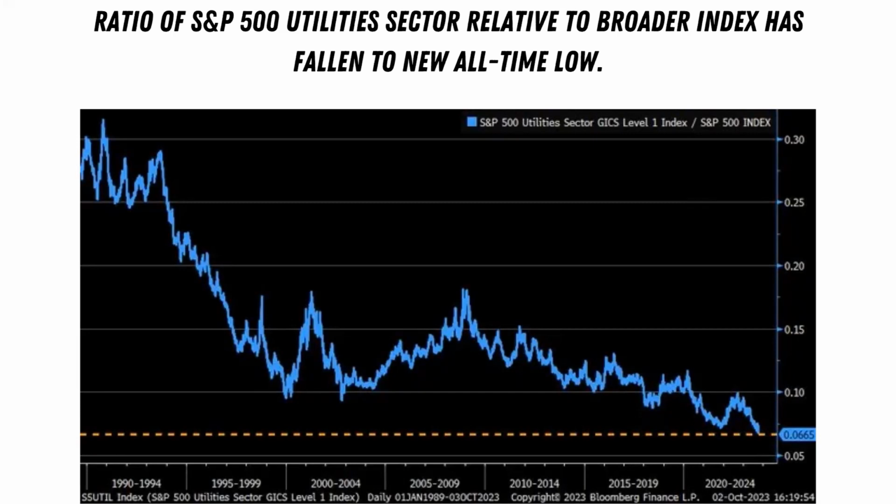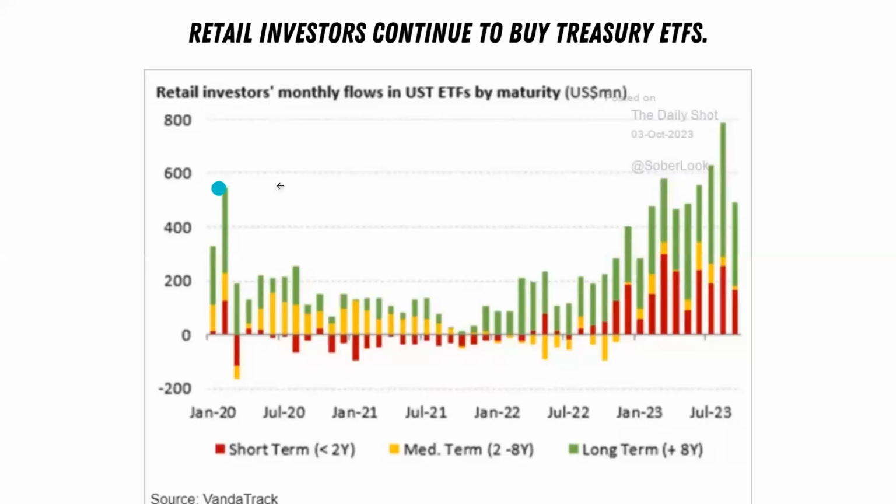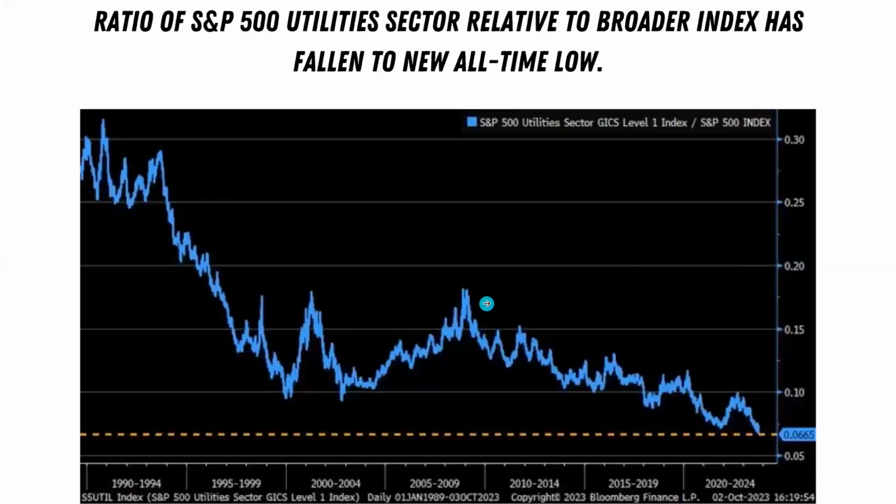Well, there's always going to be the risk factor. And with Treasury ETFs, you can now get risk-free, quote unquote, unless the government defaults on its debt, high yields. We're seeing record yields, especially in short-term yields. You can get really amazing rates, and even long-term yields are very attractive right now. So people are piling into Treasury ETFs and selling hard in the utilities sector.